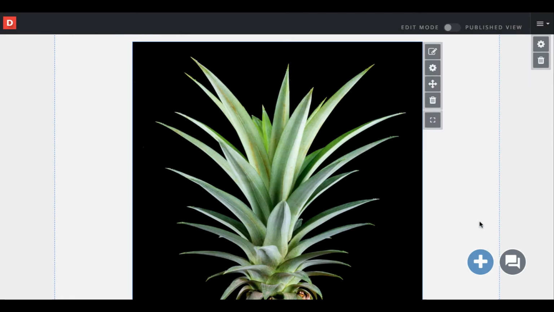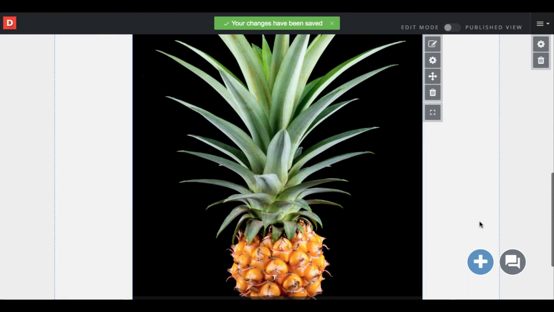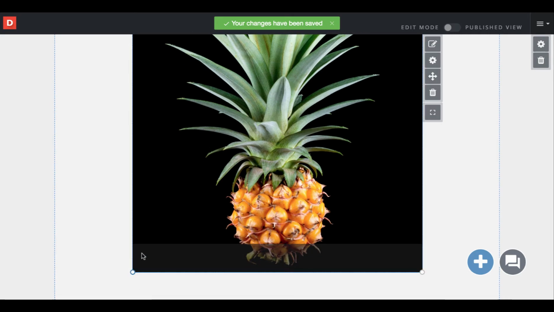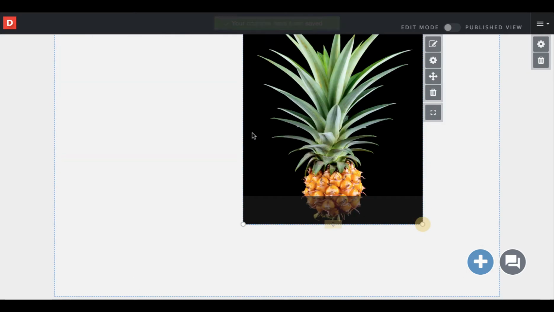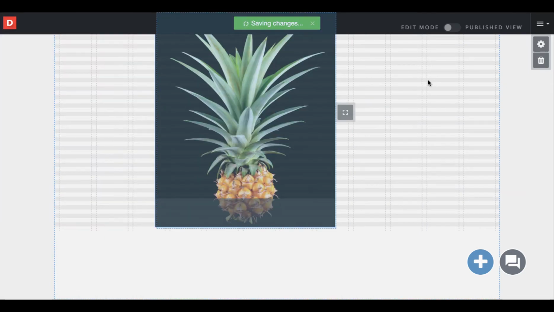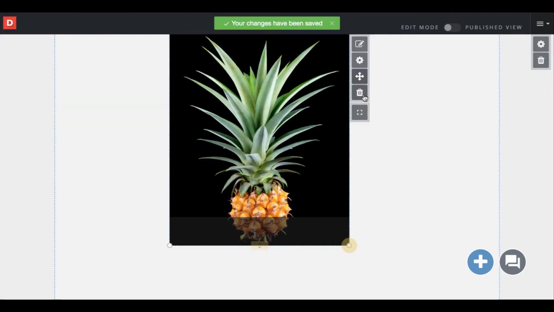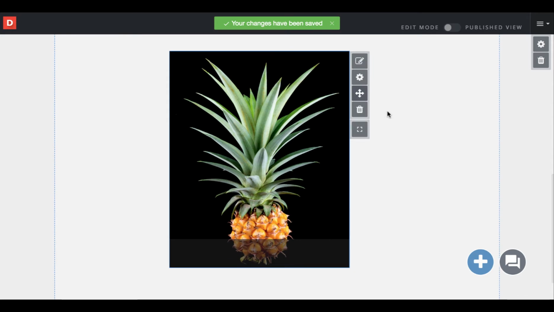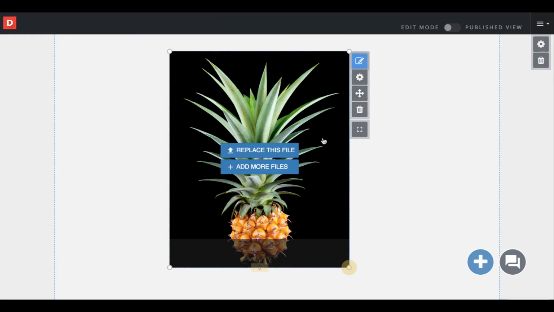Now that the image has been uploaded, I can go ahead and resize it if I want to. I can also move it around the page if I want. And I can also turn it into a gallery at this point. To turn it into a gallery, go ahead and click on the pencil and paper button, and this time click